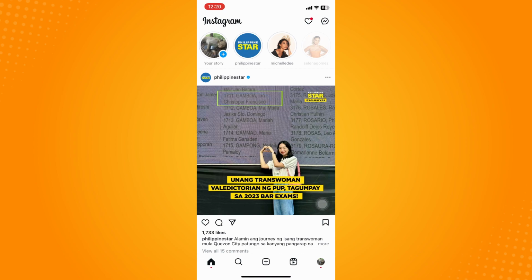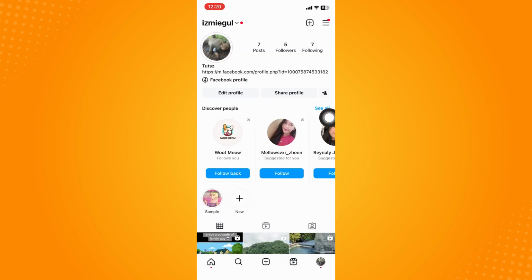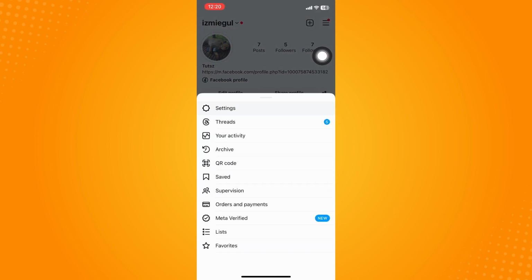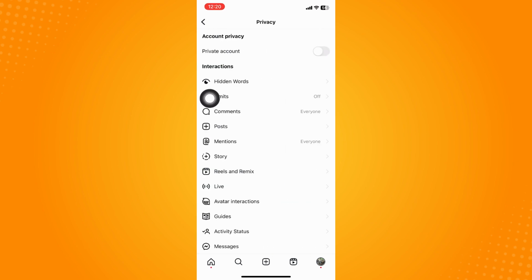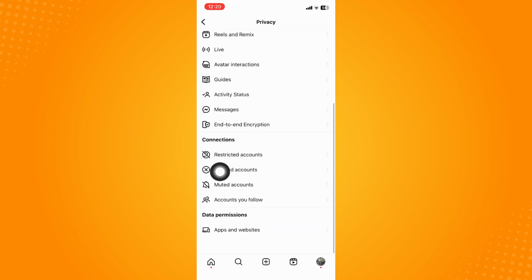Since you want to unmute the story, what you're going to do is on the bottom part, you'll see five different options. Go to your profile and then on the upper right, you'll see the three dash lines. Click on those three dash lines and go to settings. Now, after going to settings, go to privacy. Under privacy, scroll all the way down until you see the connections section. And then you will see here